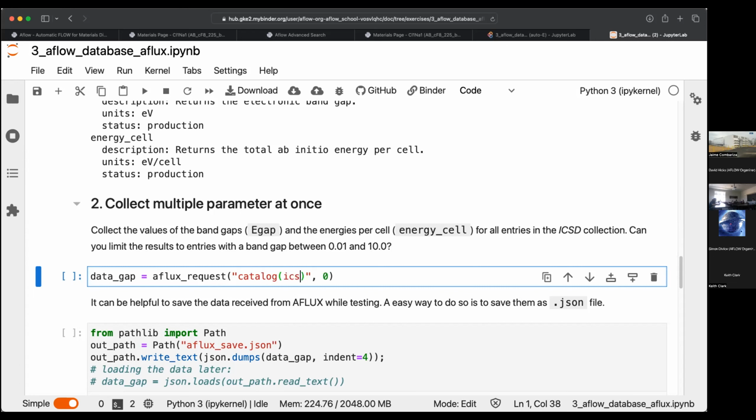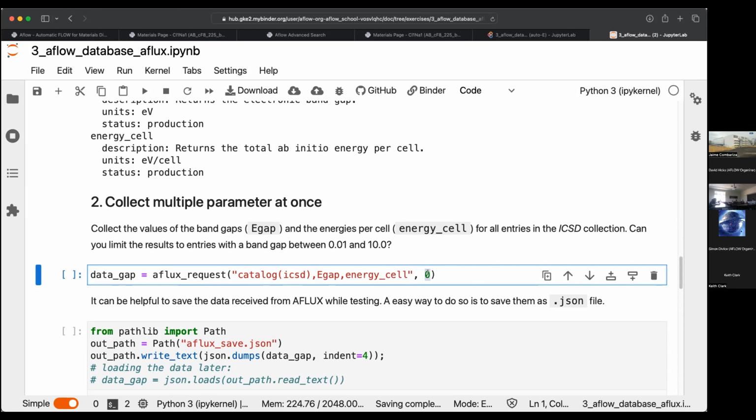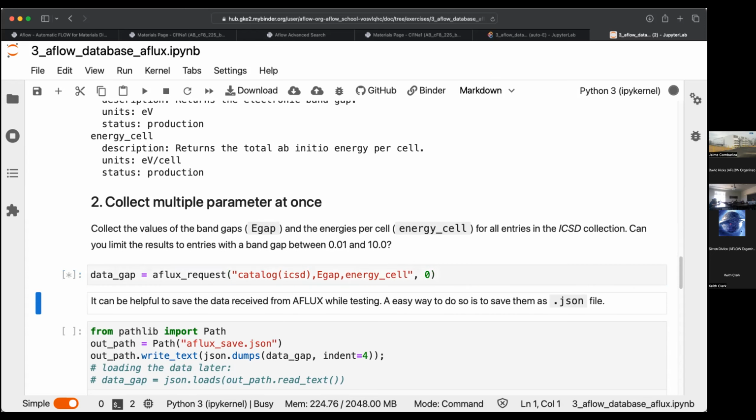Lowercase ICSD. And we want to know about the E gap of the system and the energy per cell. And then normally we put here a page, like the first or the third page. But in this case, we actually want all entries at once, because Python can handle this part quite well. So if we request this,